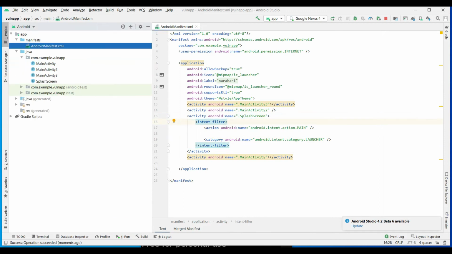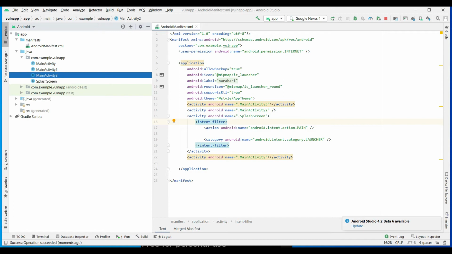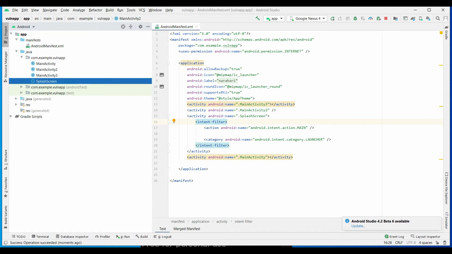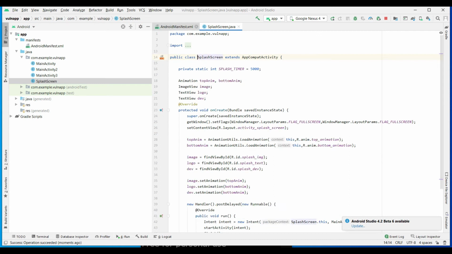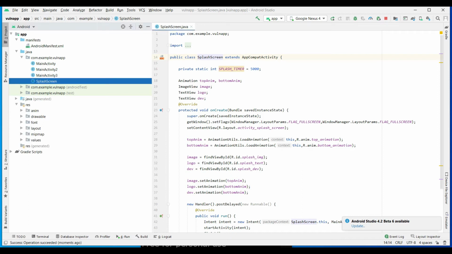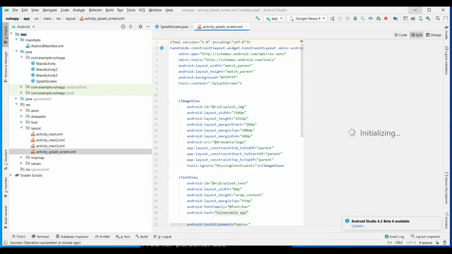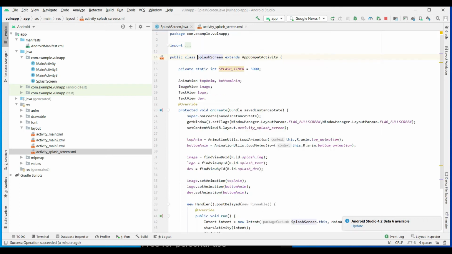From here we can see that all the source code will be written inside this Java folder, as I said. Let us get into the splash screen. Whenever an application is launched, this is the first page it loads. This is for the back end. For the front end, as I said, you will have these folders: the layout folder, activity_splash.xml. This is the user interface, the view of the user. In the back end, it will have this code. In the front end, this is the thing.